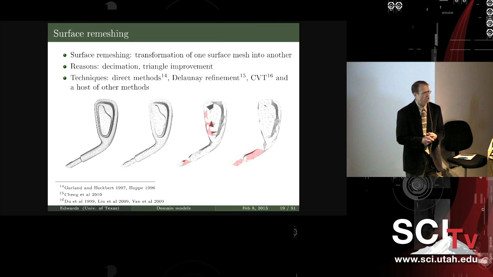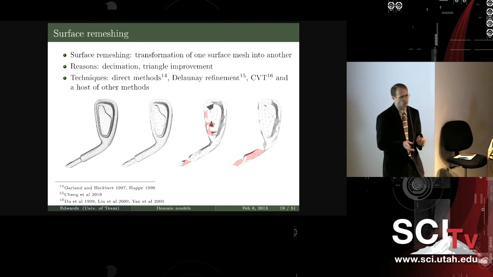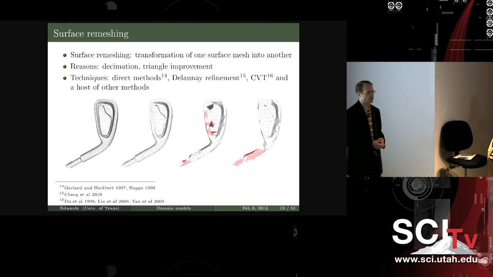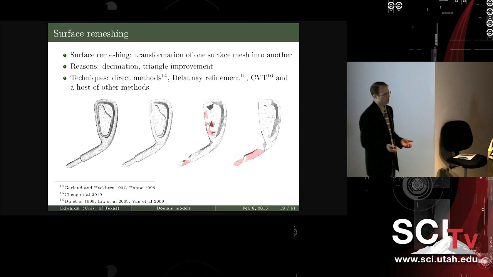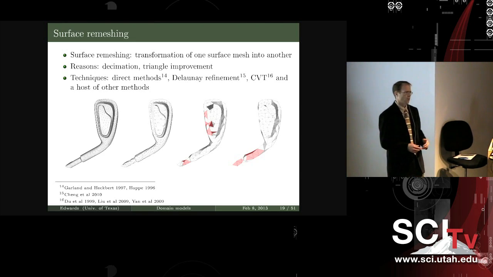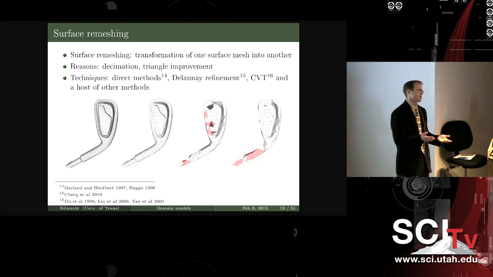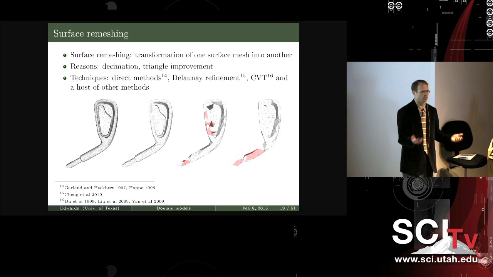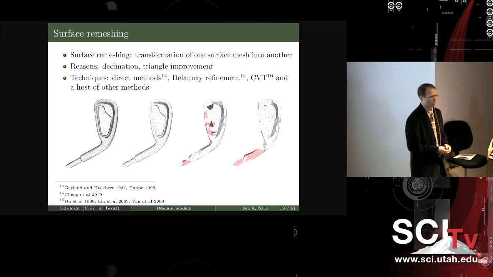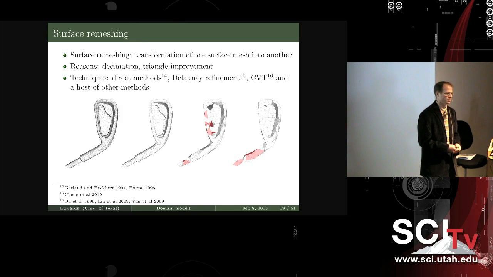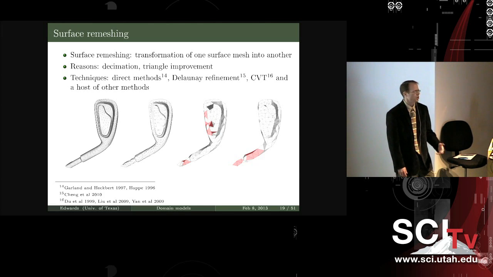So surface remeshing is the process of transforming one surface mesh into another surface mesh, and there are various reasons you want to do this. There's decimation. You have too many triangles. That's a common thing to do in both analysis and in computer graphics. You don't have enough time to render your object with 10 million triangles, so you want to decimate it to fewer triangles. And so the literature is very rich with these types of remeshing algorithms, as well as algorithms that